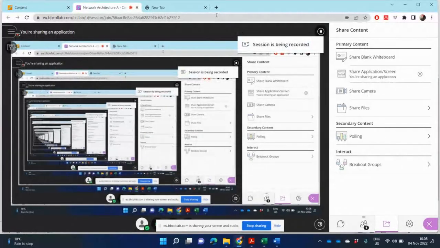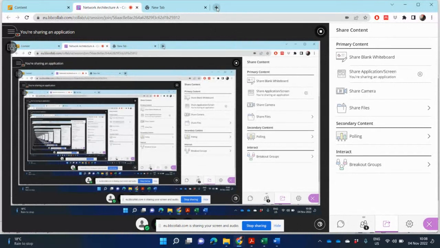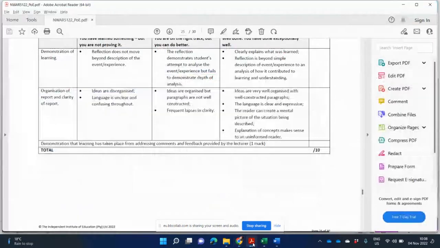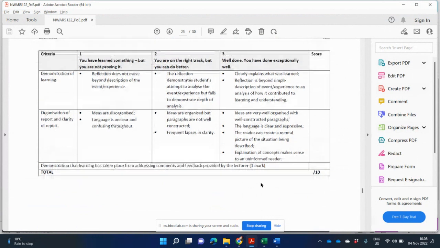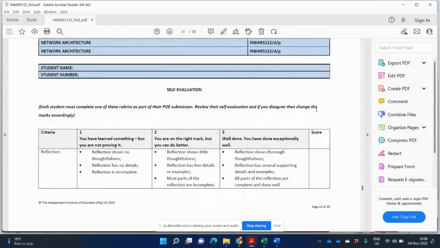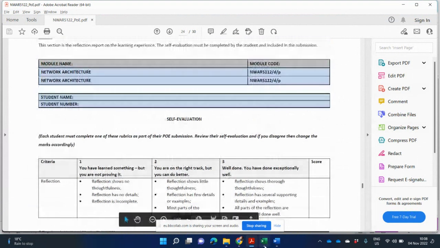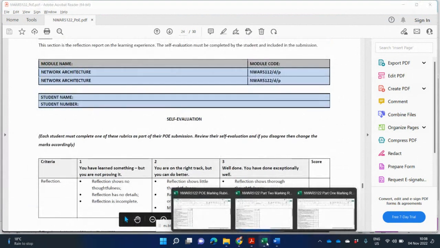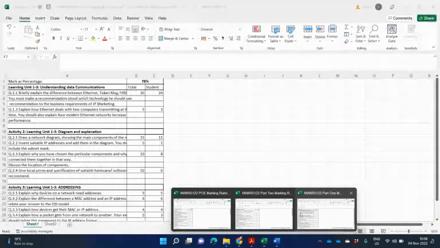In this session, I'm going to be talking about the network architecture POE. This is the final video for the network architecture POE that's due next week, Thursday. There's been a couple of questions related to the POE, so where I'm going to start is with the marking rubric for the POE and to give you some guidance